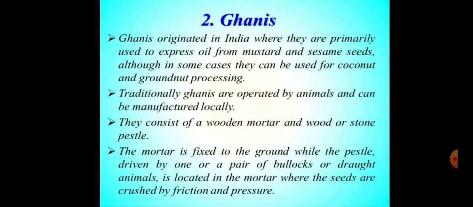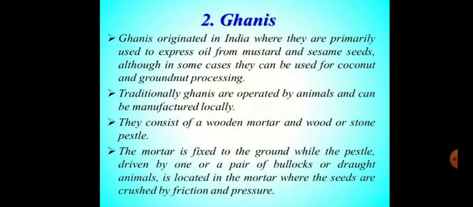The rise in temperature of the seed mass is appreciably very low, which provides an insufficient heat treatment to the oilseed. So about 4% oil is added to the oilseed for the hydration of protein, which helps in releasing the oil during crushing. So the oilseed cakes obtained from the ghanis have a higher percentage of oil, about 12 to 14%. These cakes are used in a solvent extraction plant for further extraction of oil.